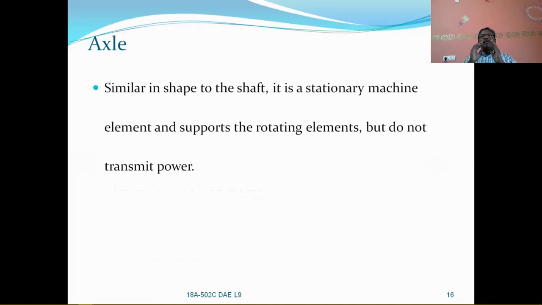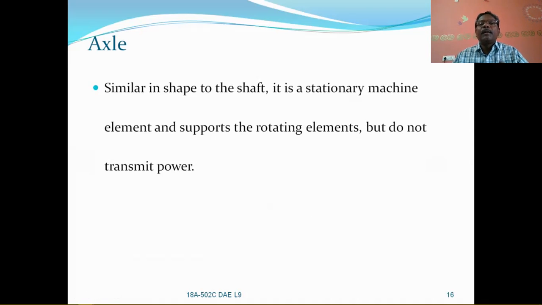So, next, this is all about the shafts and axle. Axle. That means previously the shaft is a rotating machine element, whereas the axle is not a rotating machine element, and it is also of a similar shape to the shaft, but the difference is it is not going to transmit any power to any other member, but it will just support the rotating elements. That's why it is a stationary machine element,